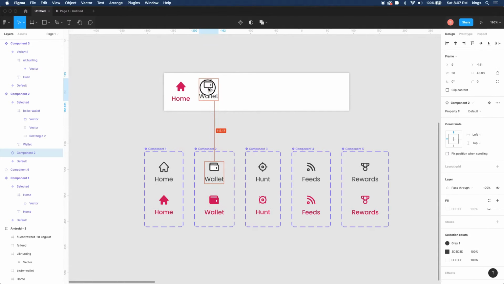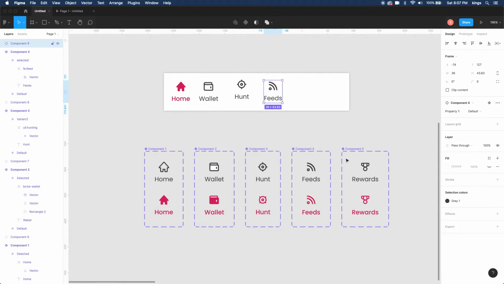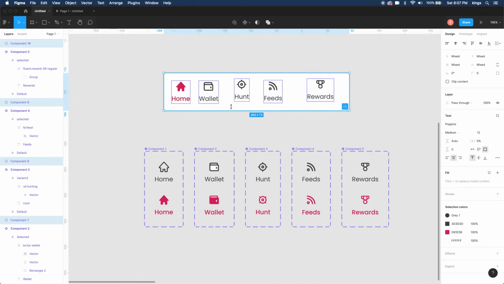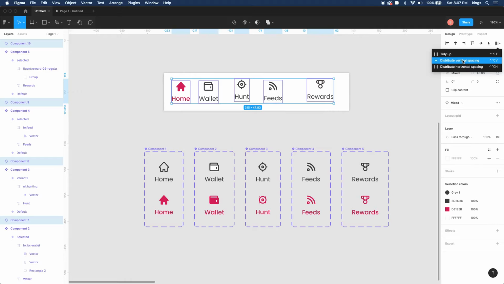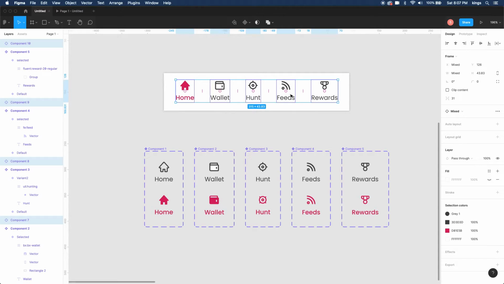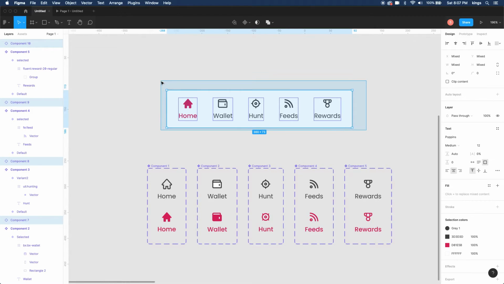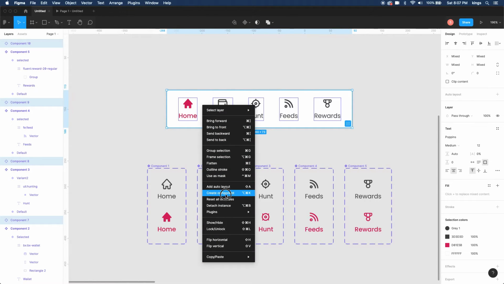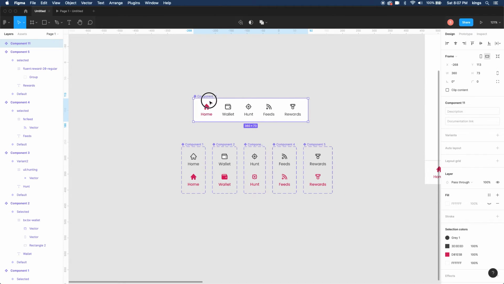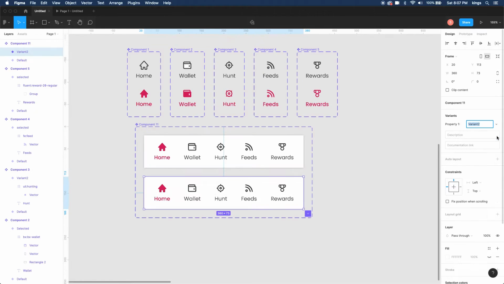from these components and create one particular navigation component. So now we have put all the elements together. Next we're gonna make this as another component, and let's bring this down here. And what we're gonna do here, again we're gonna create a variant inside this, and I'm gonna name it as